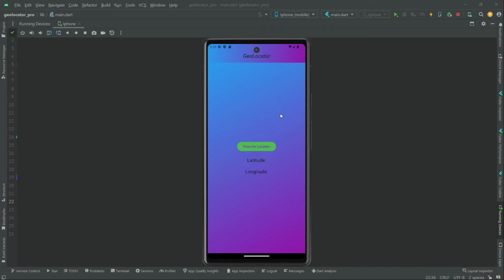So whenever the user runs this app and presses this specific button, press for location, it will give the coordinates, for example the latitude and the longitude. That is going to be the user's current location. So let's go ahead and see. Tap on this, press for location,